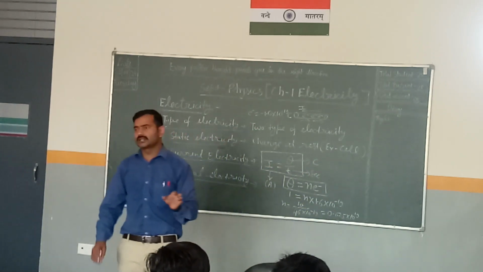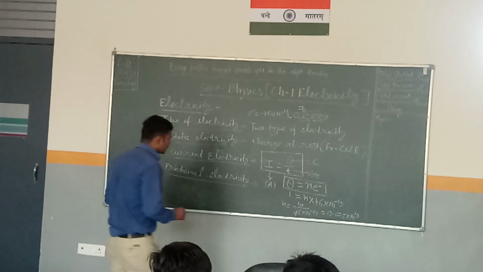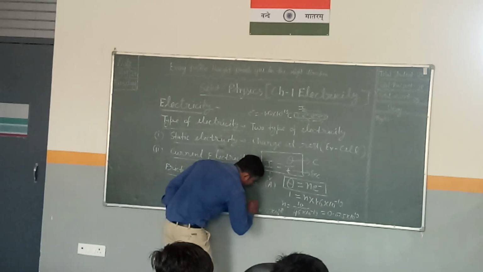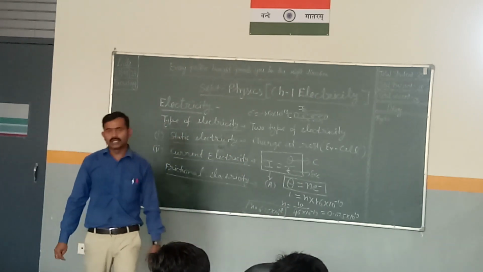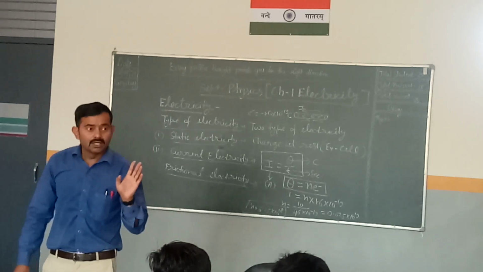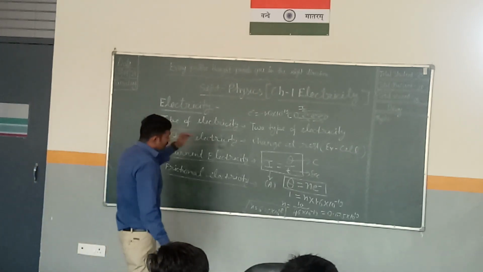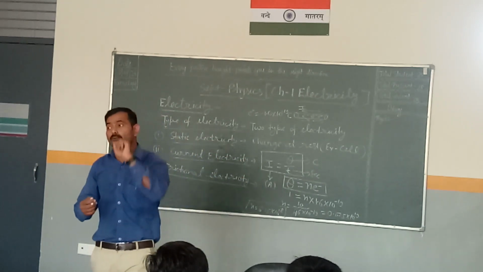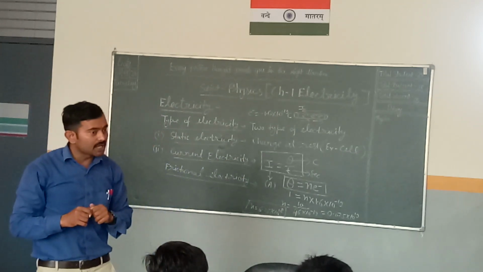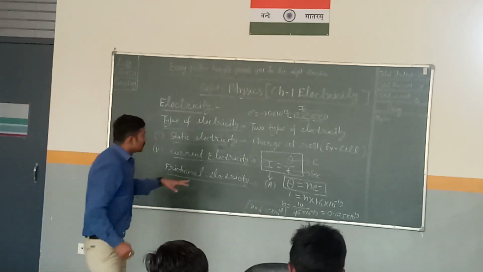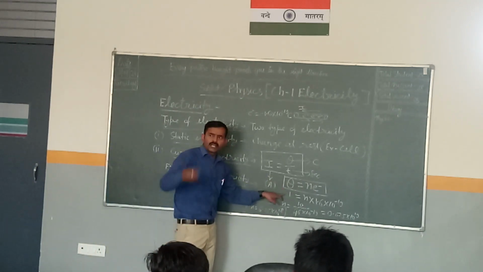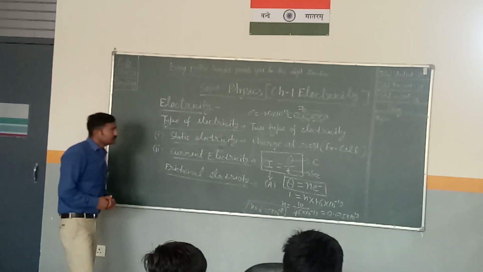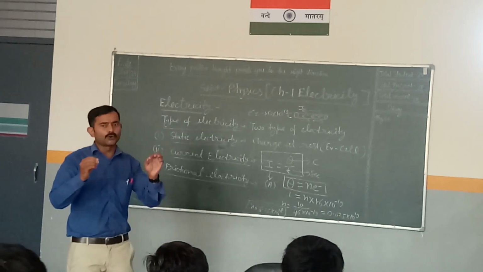That was the answer. This was a board question last year. N is equal to 6.25 into 10 to the power 18 was the number of electrons in an electric circuit in 1 coulomb of charge only. If this question asks to find the number of electrons in 100 coulombs of charge, or in 1000 coulombs of charge, then what will we do? Put the value of Q, whatever is given, 100, 1000, like that. Got it? Next topic is electric potential.